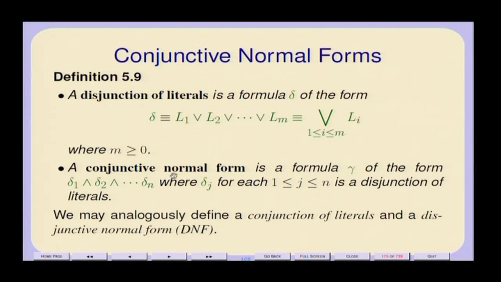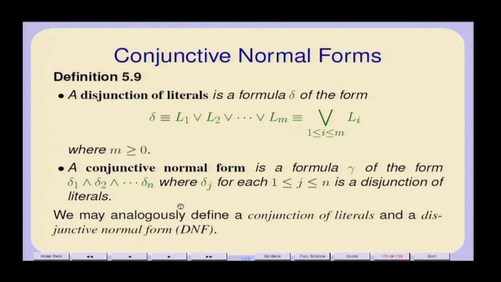The next thing we can do is, this is equivalent to your product of sums form, which I am going to call conjunctive normal form. Conjunction is and, disjunction is or. So, I can take a disjunction of literals. So, I take an or of literals and I take an and of those disjuncts. Okay. And what do I get?